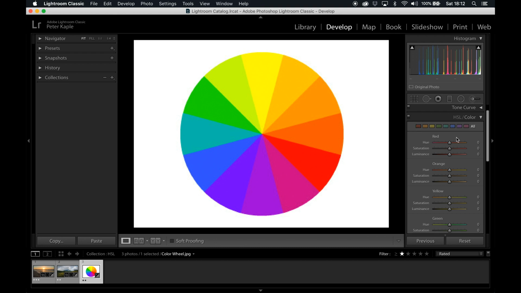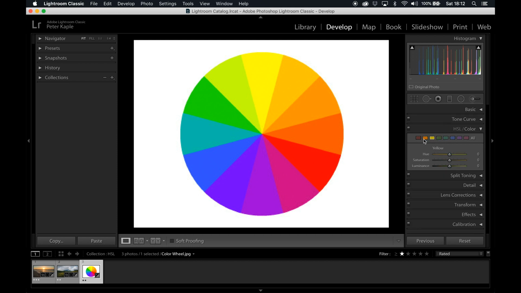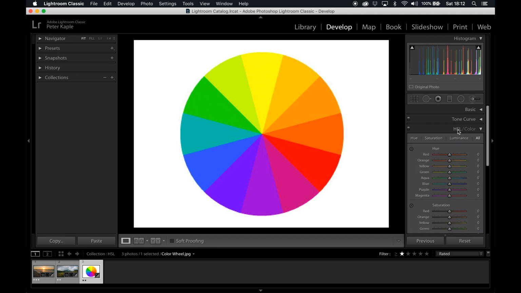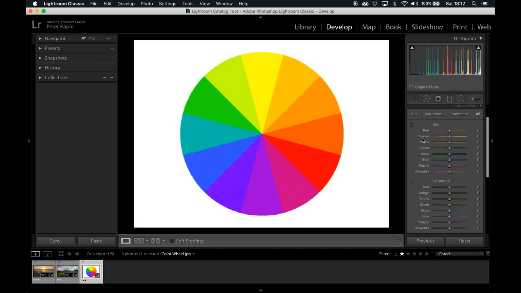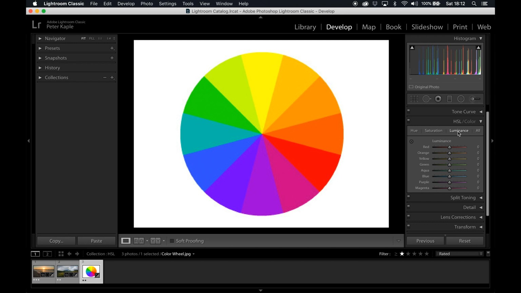Another view we can have is we can go to the top bar and click on the individual colors, and again we'll see hue, saturation, and luminance. So these are the first 2 different ways you can view this panel. Now let's go back up to the header bar, and instead of clicking on color, let's click on HSL this time. So now you'll see we have hue, saturation, luminance, and underneath all of these you'll see your different colors. This is our third view, and our final view is if you click on any of the hue, saturation, or luminance at the top, you can view those sections individually.